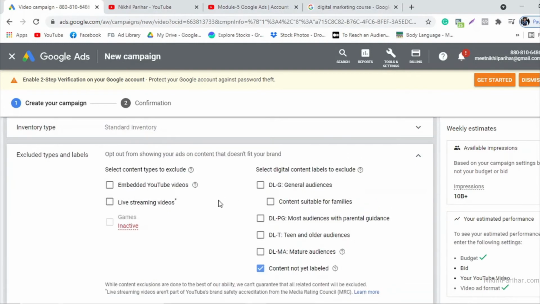Come down. So we have exclude, from where you want to exclude your video. It is giving you that option also. Embedded videos, which are embedded on different websites where we don't want to show your ads, you can exclude those embedded videos. You can also exclude live stream videos from here if you check these boxes,